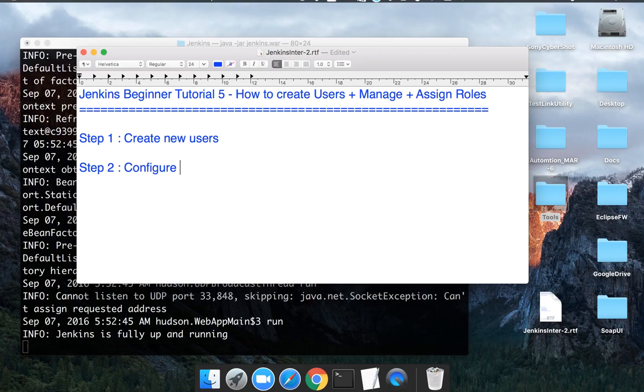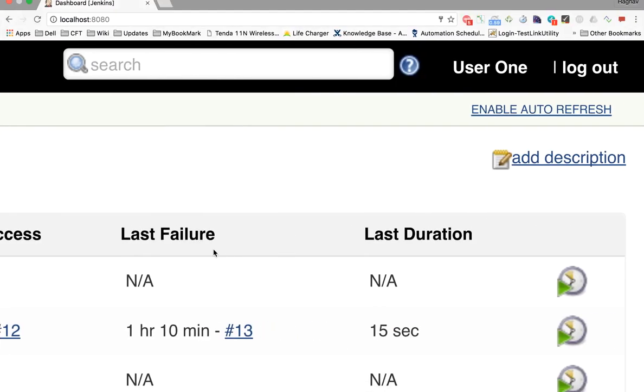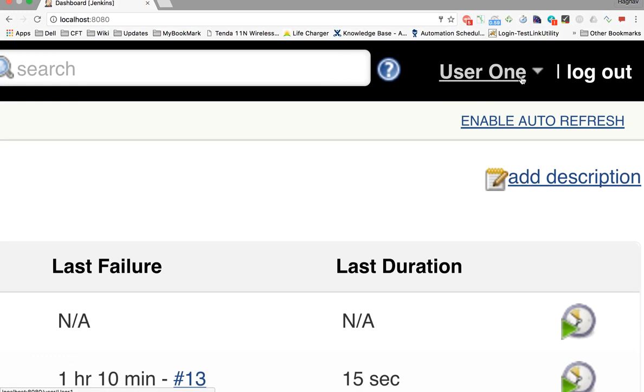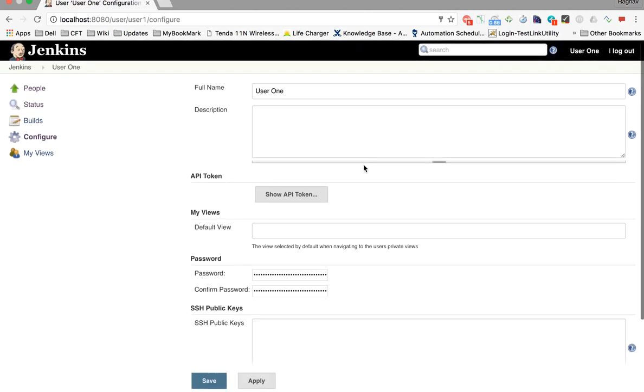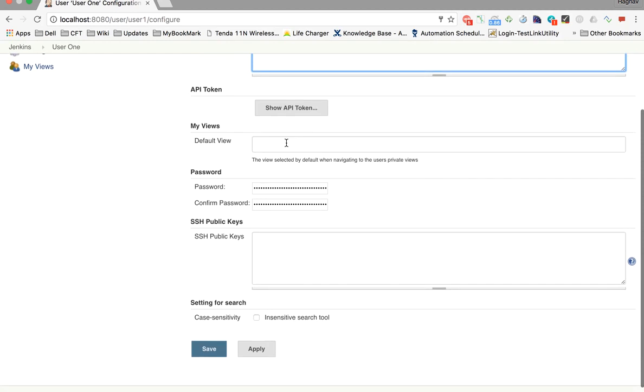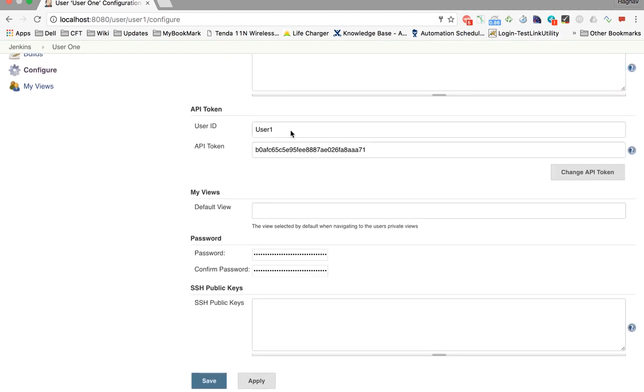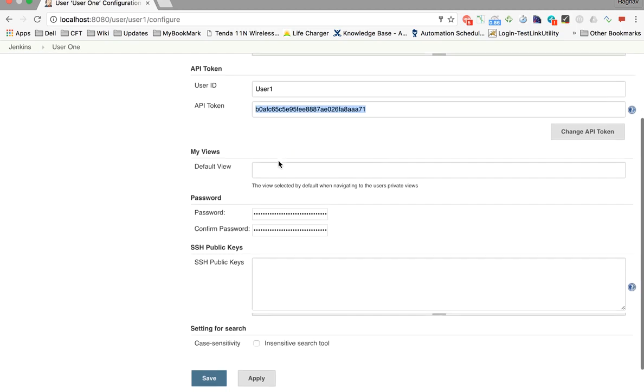how do we configure the users. Okay, so what you can do is whenever you will log into your Jenkins, at the top right corner you will get the username whoever has logged in, and besides that there is a drop down and you can go to configure. Okay, now here you come to the configure window of Jenkins for that particular user, and here we can change the username, we can add any description, we can also get the API token for that user, and in the coming sessions we will see how to use it.